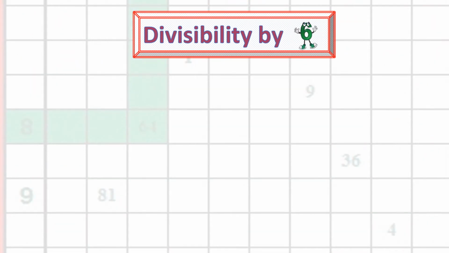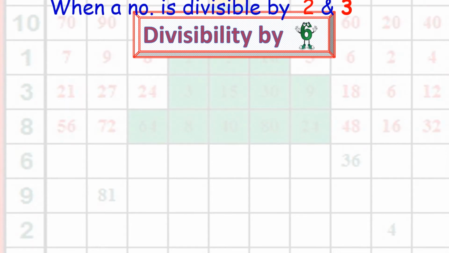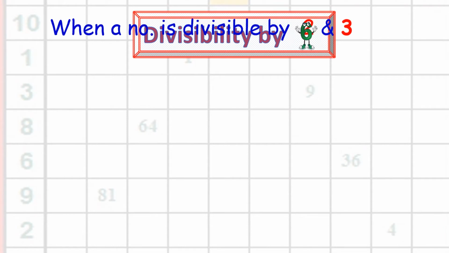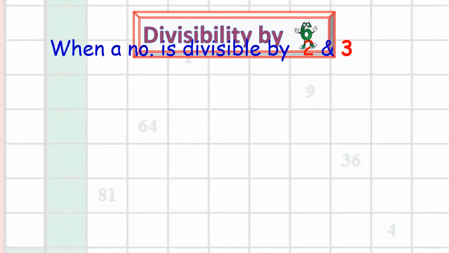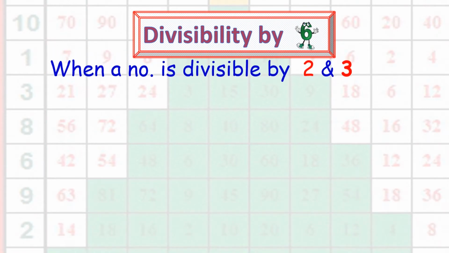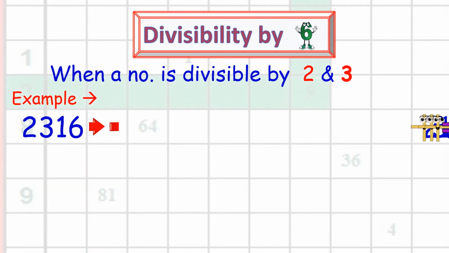Now we are going to learn divisibility by 6. Now divisibility rule of 6 is a combination of 2 and 3. That means when a number is divisible by both 2 and 3, we say that the number is divisible by 6. Now let us consider the number